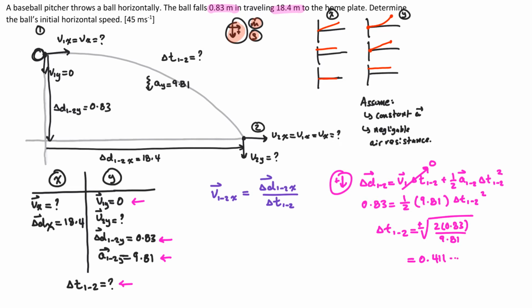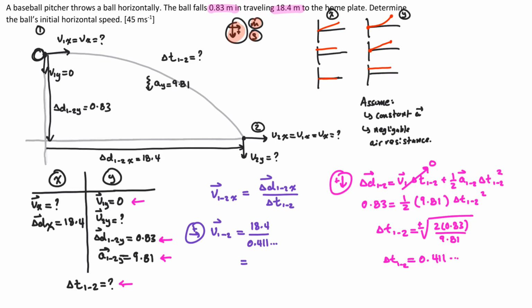411 dot dot dot, and the value continues, and that's going to be my change in time. So now I can just find my velocity here, from 1 to 2. And again, I don't have to write the x. So actually, I am going to erase it and instead just write that this is my positive sign convention, and this is going to be the displacement. The displacement is 18.4. I'm going to divide that by the change in time, which I just found,